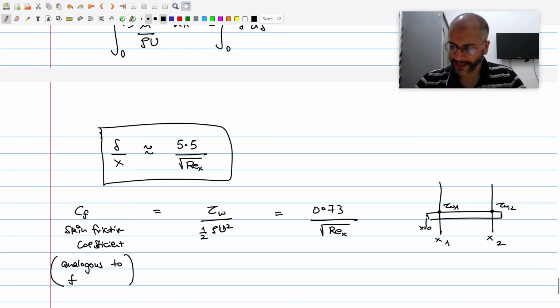As the Reynolds number increases, that is as we go from left to right on this plate, the skin friction coefficient will decrease because tau wall will also decrease. Remember, in the laminar regime the boundary layer thickness is increasing. So on the right hand side the flow gets a longer distance, and this slope is going to be much gentler than what we have here. That is the reason the C_f value decreases as the x value increases, or as the Reynolds number based on x increases.